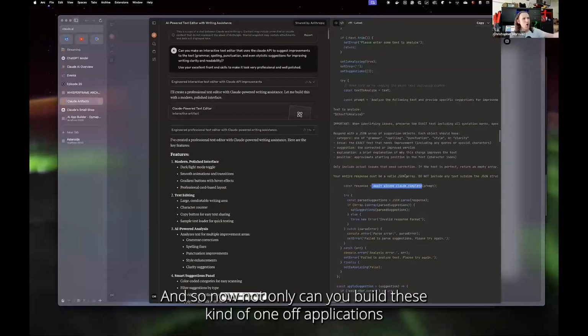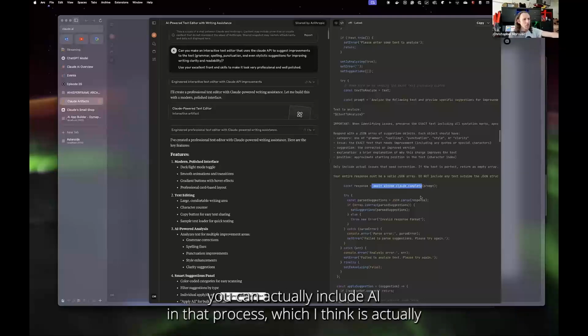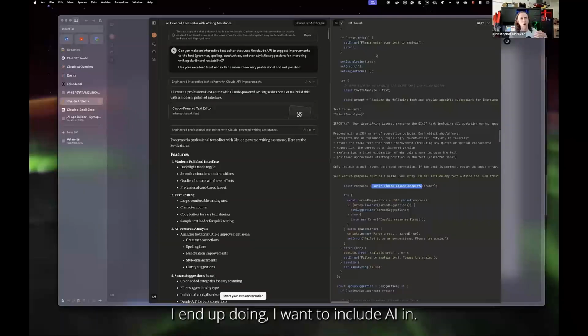And so now not only can you build these kind of one-off applications to solve a problem or just prototype an application that's working, you can actually include AI in that process, which I think is really interesting because a lot of the things I end up doing, I want to include AI in.